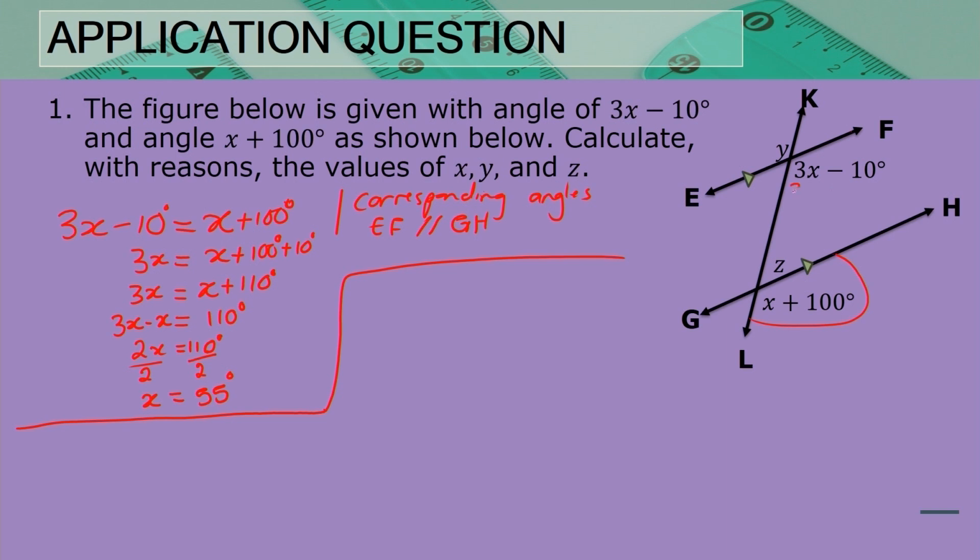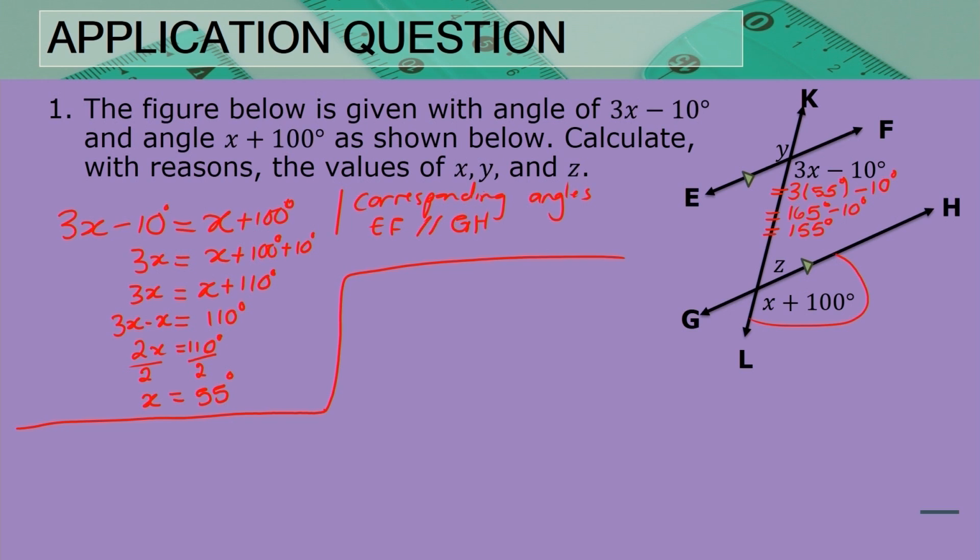Now, if we substitute the value of x, which is 55 degrees, and we all remember how to use a substitution, we are going to put in the place of x 55 degrees, and we are going to then subtract that 10 degrees. So 3 multiplied by 55, that is 165 degrees. And we are going to subtract 10 degrees. That will give us a value of